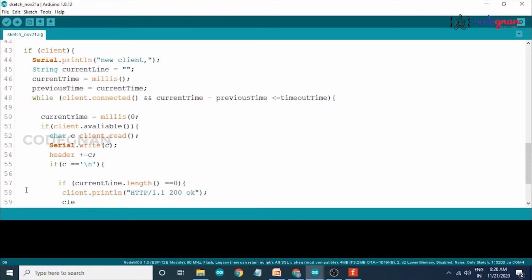Next also client dot print, this helps us to print the client messages. Client dot print Content-type: text/html. So we are connecting, we are sending data according to the text.